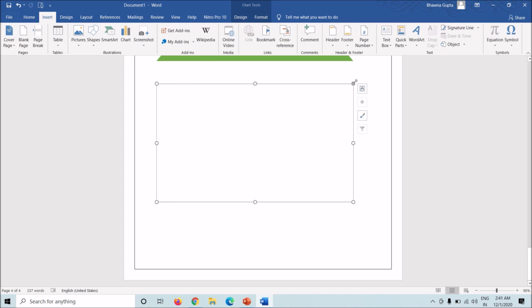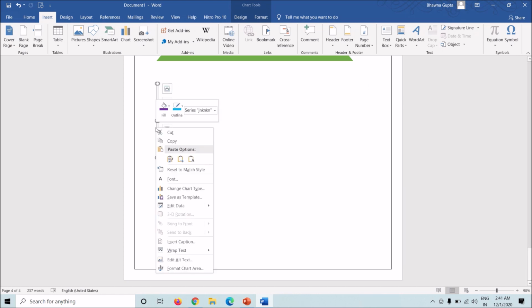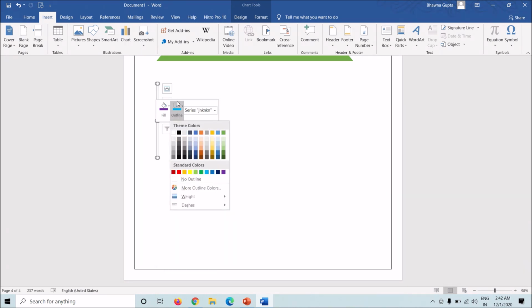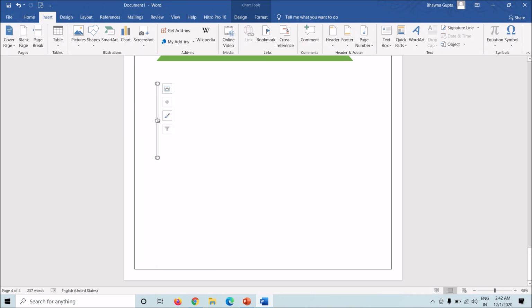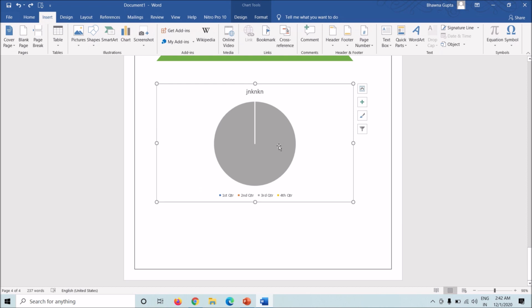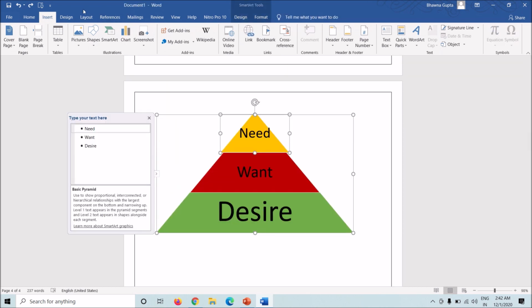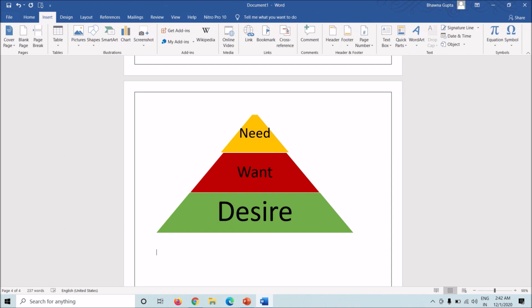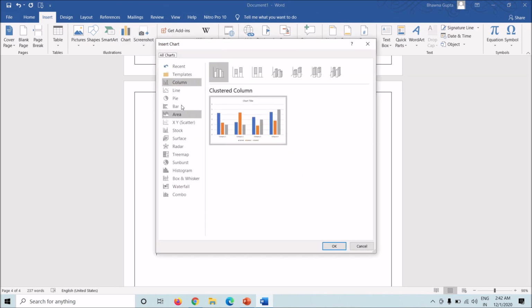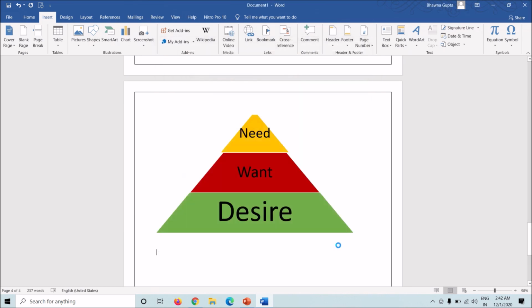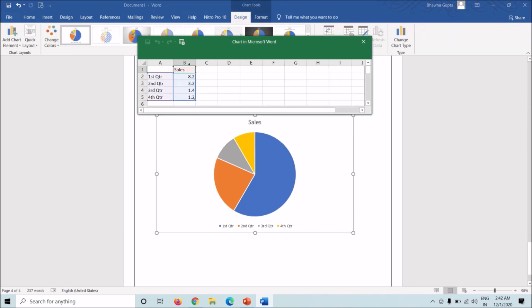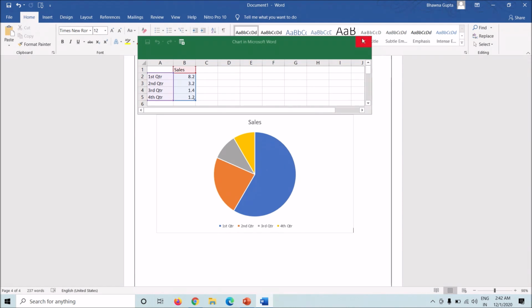This is what we do. Pretty easy. Now that I have deleted the pie itself, I'll just press Control Z and insert the pie chart again. You can change it or not, and I'll just change the heading.